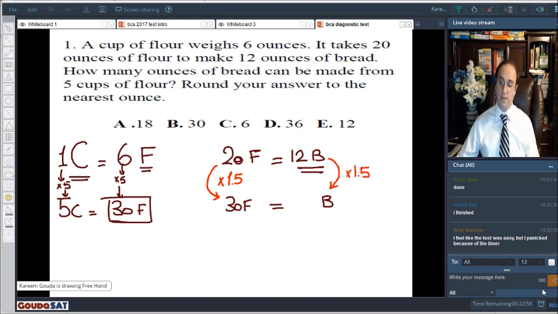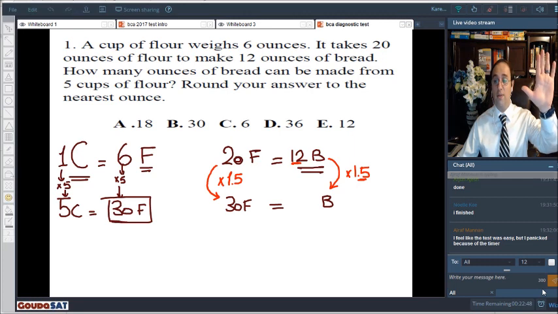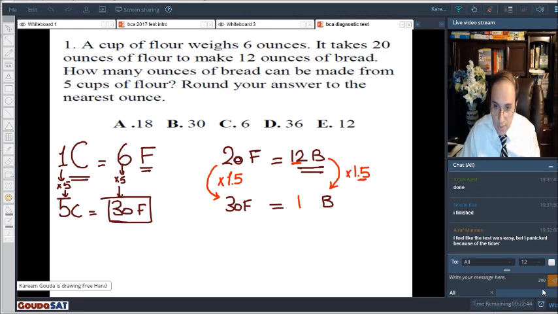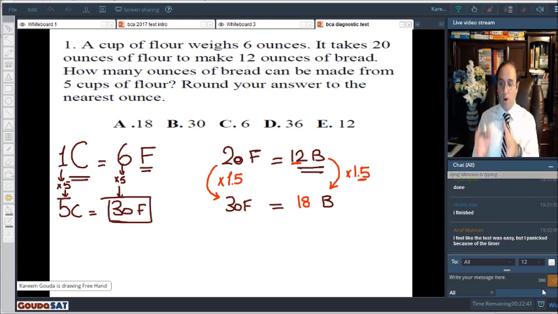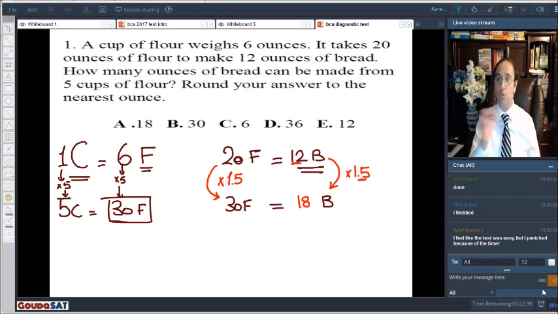Now, without using a calculator, how do I multiply in my head really quickly a number by 1.5? I go 12 times 1 is 12. 12 times half is 6. 12 plus 6 is 18. So you always think of it this way. When you multiply a number by 1.5 or 2.5 or 3.5 or whatever, you multiply the whole numbers together first, then you get the half and you add it to the whole number. So the answer is 18, which is